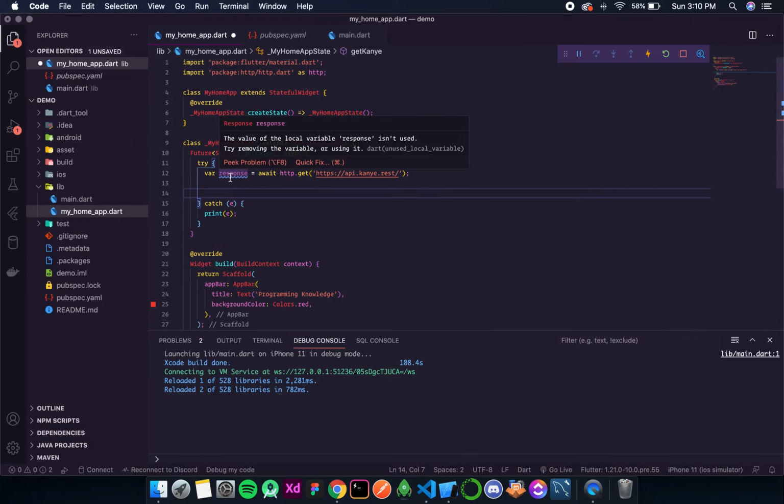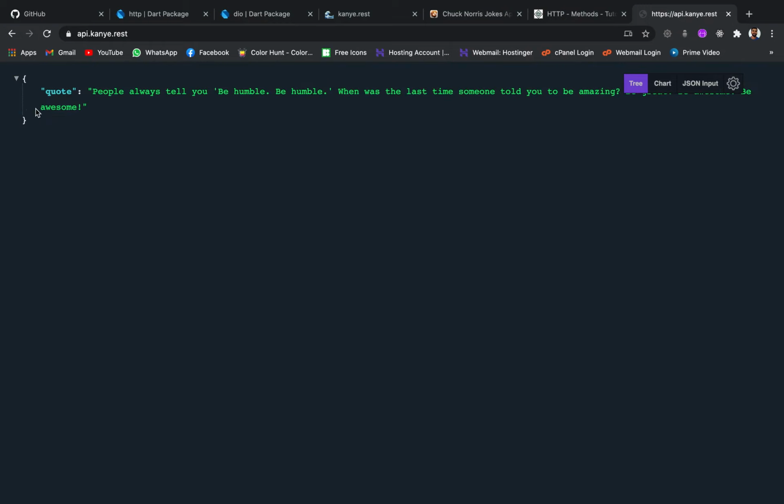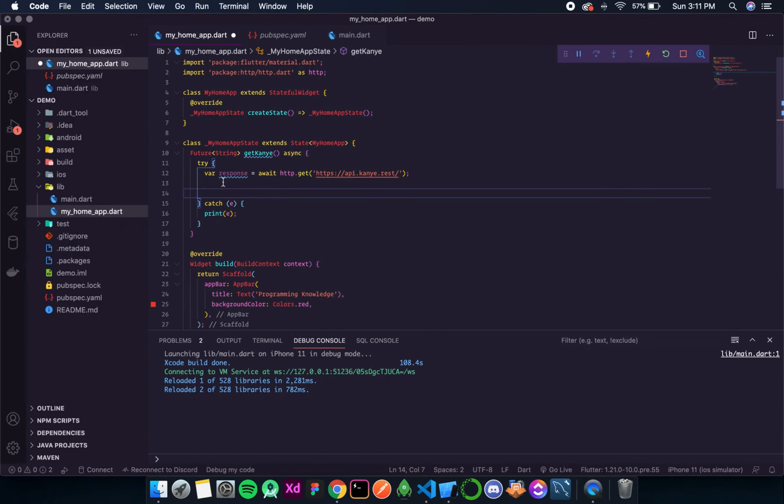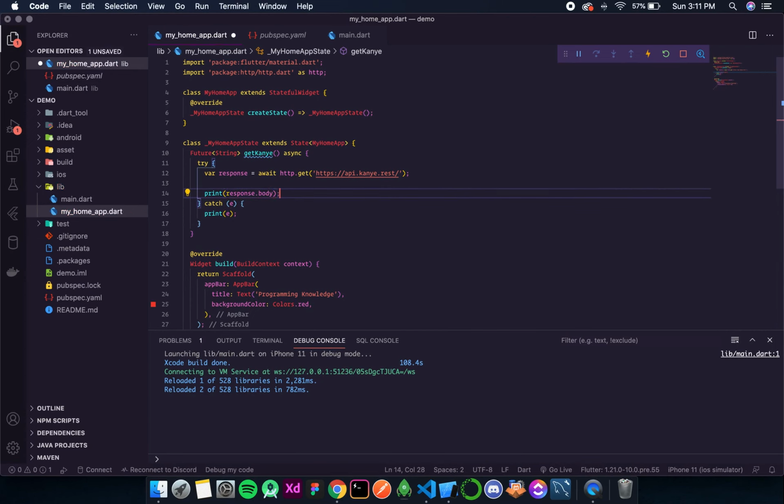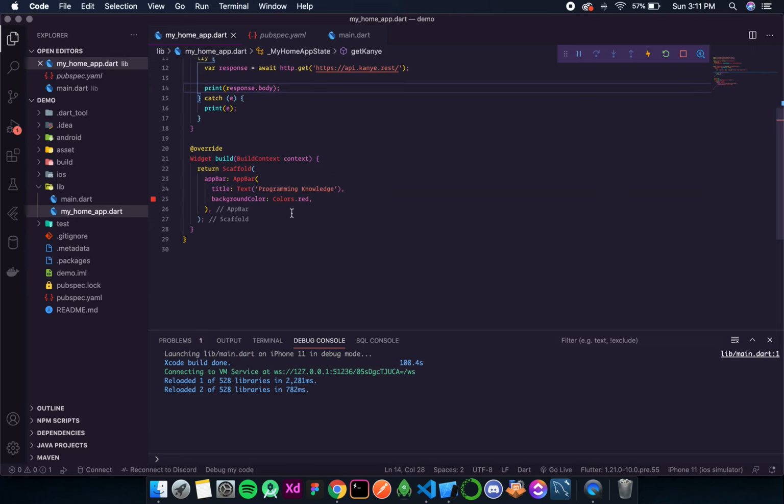Now if you know about REST APIs, you would know that a response doesn't only have this thing, this is the body, but it also has different things like the headers and other stuff. So this part where we have the actual response from the API, that is the body. Now let's get the body. Instead of getting, let's simply print the body to see if we have something or not. So response dot body. Now I hope everything is clear. Let's save this.